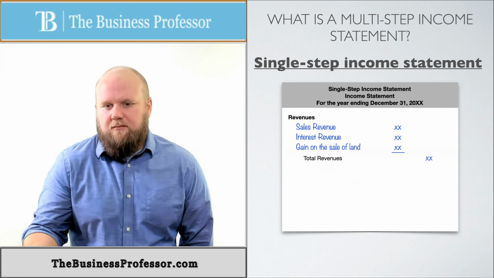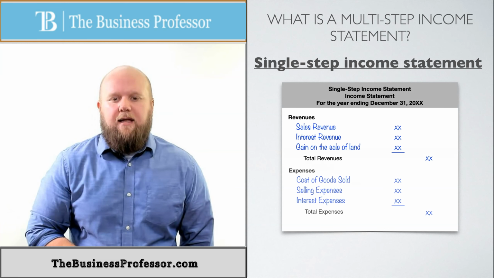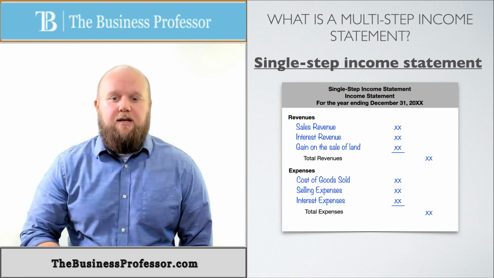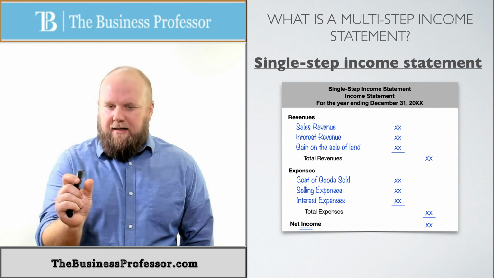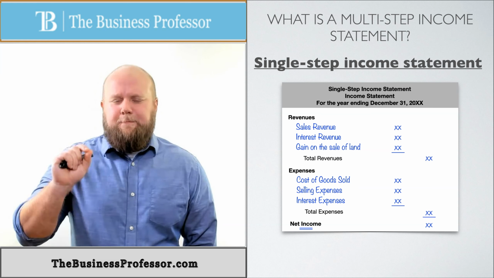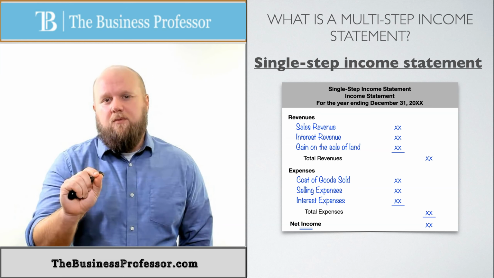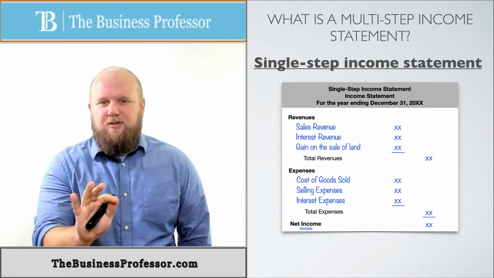You have your revenue, and you have total revenue out to the side. And then you have your expenses, and you have that out to the side. And you subtract total revenues minus total expenses. That gives you net income. The line is really off on that one. I don't know why. But that's what we know, okay? And that's good to a point.